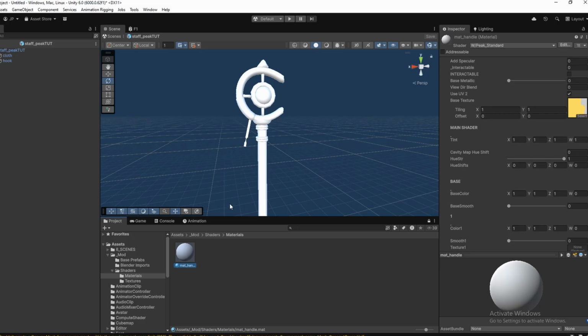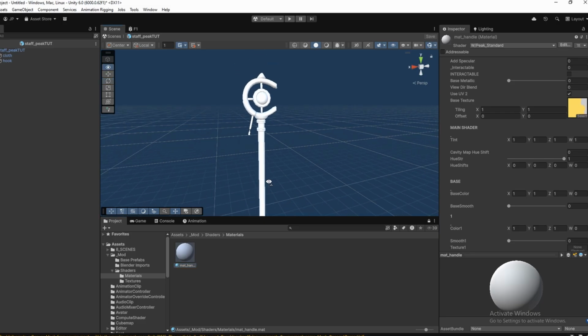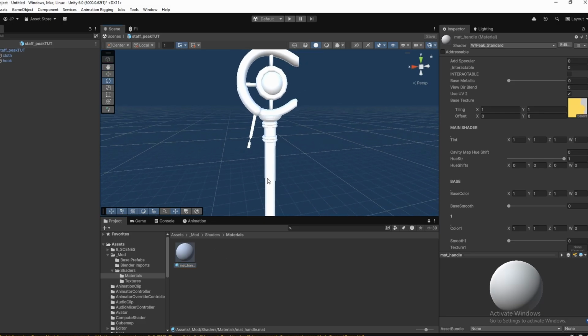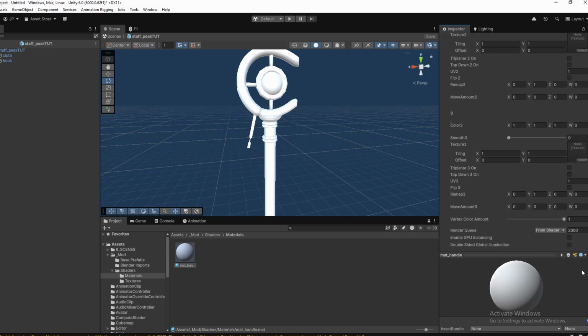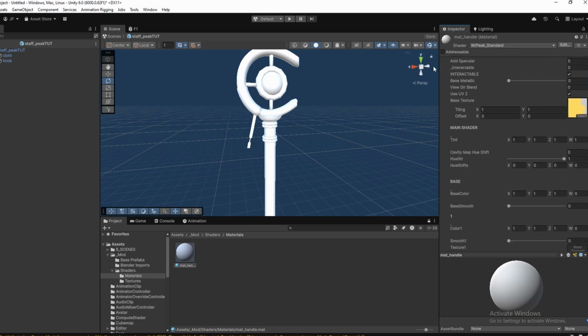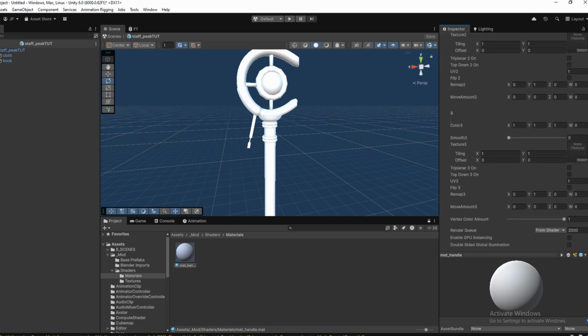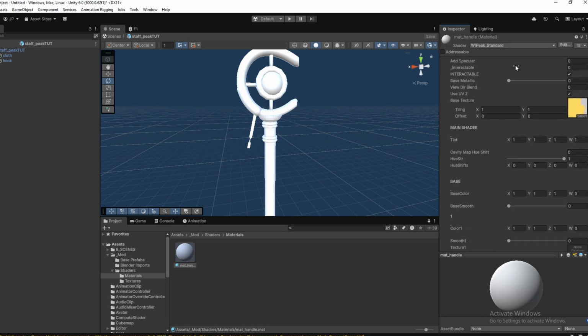There is a way you can get around that, but it's a lot more work. But yeah, it's fine. Also, make sure that this is interactable. So this should be enabled, and that should be pretty much it. If you want it to appear more metallic, you can do that, which I'm not going to do. But you can mess around with this stuff and see what it looks like in game once you